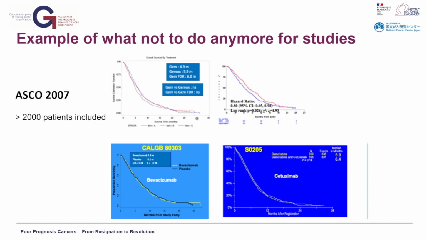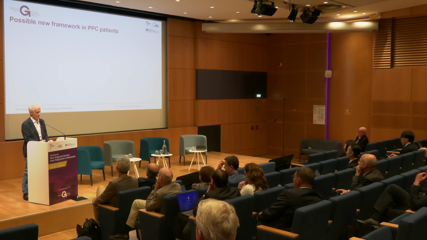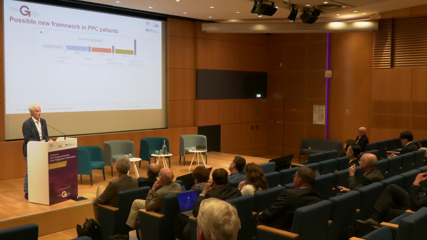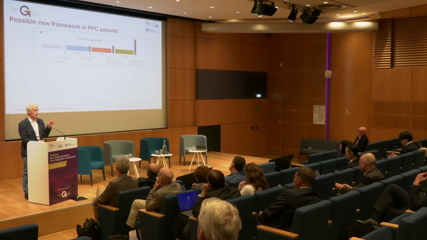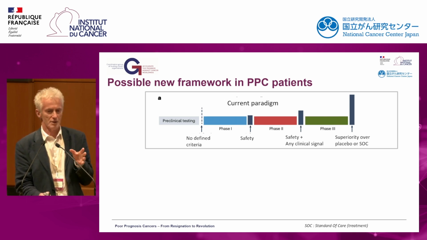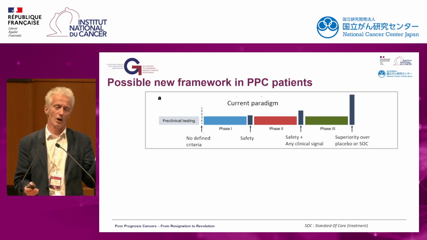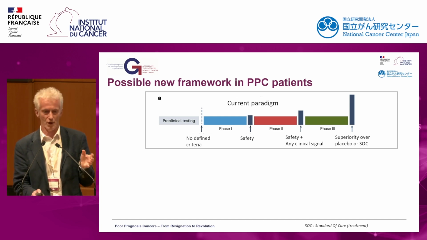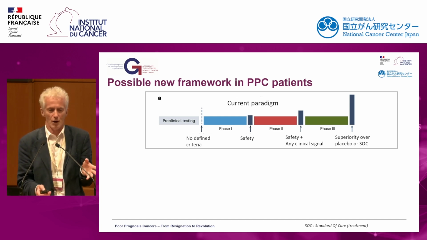So probably the selection of this study was no good. More than 2,000 patients for nothing. And now I think we have to progress. The current paradigm is you make a little preclinical testing. Yes, we have probably a drug. Go in phase 1 with no defined criteria. Then go only safety. Safety is okay. Go embark in phase 2. And then search for clinical signal. And then finally, the Graal, go to phase 3 to try to be better than the standard of care or